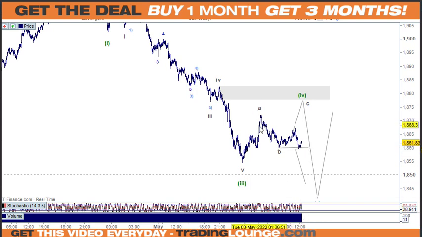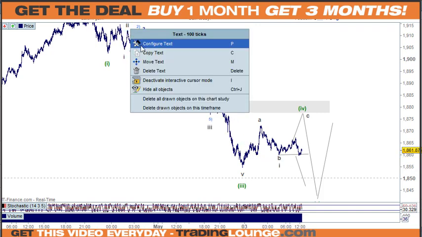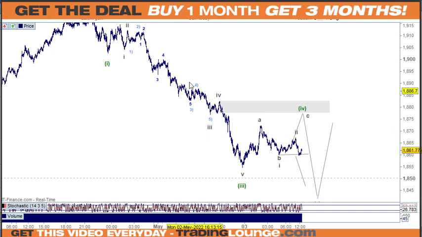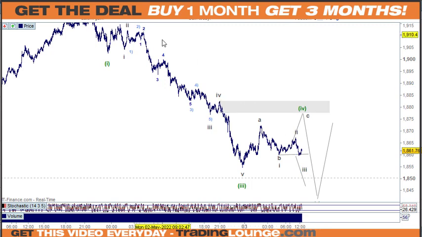So we'll probably have this as 1, 2, 3, 4, 5 here. So we'll probably need to look at that as a little wave 1 to the downside. So what do we need to do here? If we put that as wave 4, we'll need these little guys here. So it's probably 1 and 2 at this point, sitting here and looking for wave 3 to go down. So we're not going down far, we're just going down to around the 1850 area at this stage by the looks of it.